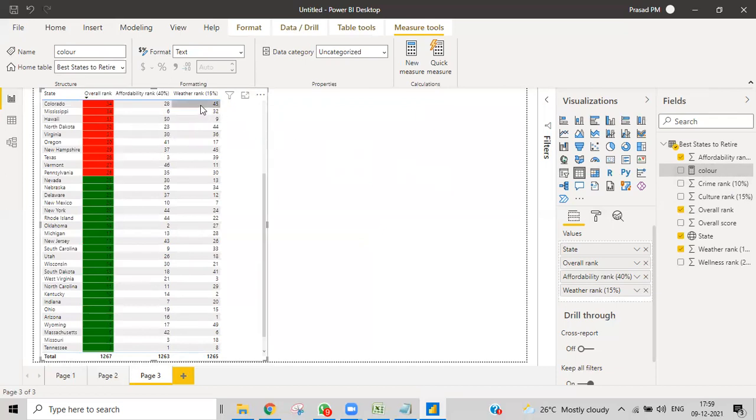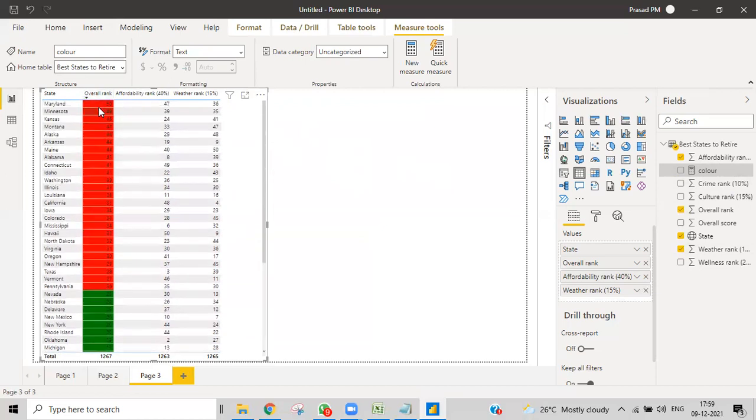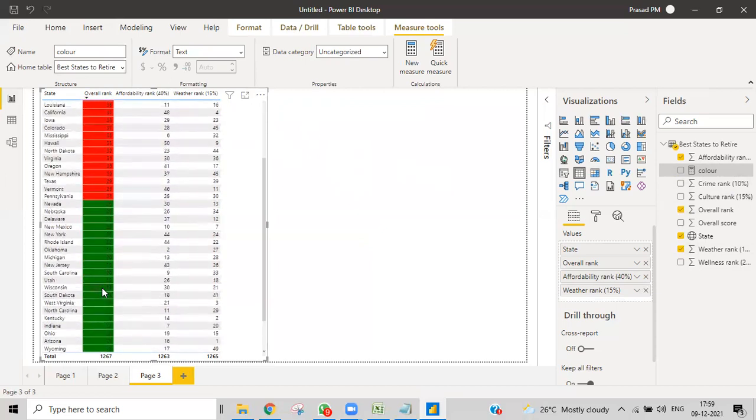Up to here, you used to give as per the condition, whatever, like rules or gradient kind of things. Right now you gave some rules over here. If you want to change color for only the highest topmost value, obviously you can do that. Or if you want to color only up to 10, you can do that based upon the measure. If you change the calculation over here perfectly, you will get that particular color coding.